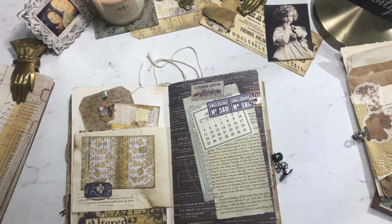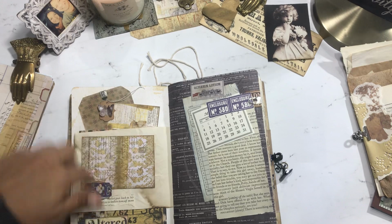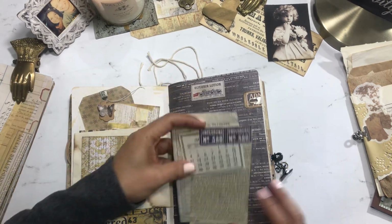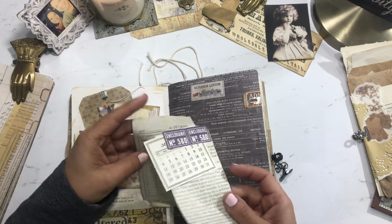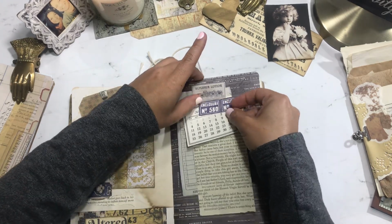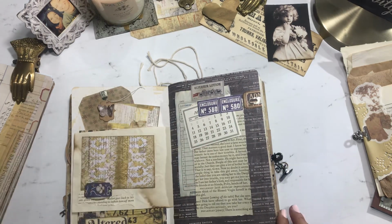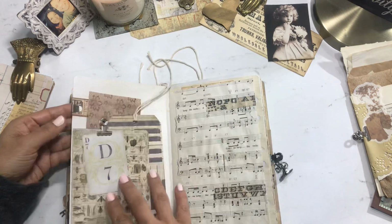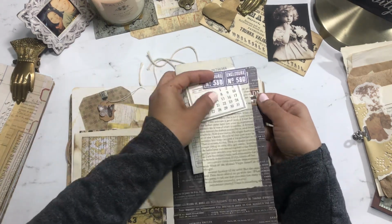behind just this little piece of scrapbook paper. Again, a lot of room for you to do your thing. Here's another little collage of receipt and old book pages, and then ephemera, and then you just tuck it in there. There's also this little clip. You could use it to kind of tuck stuff in there if you wanted, but